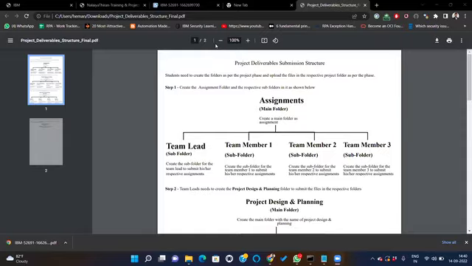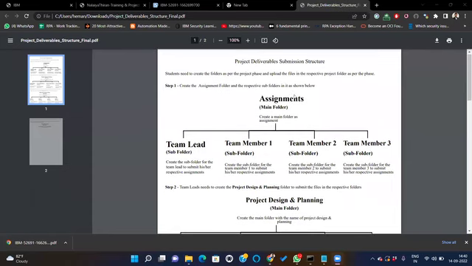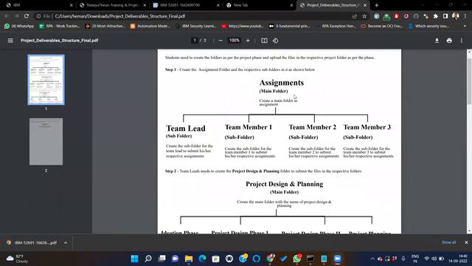Yeah, if you see here, faculties, this same doc has been shared with all the mentors and all the evaluators. In assignments, we have to create an assignments main folder in your GitHub, and there are team leader folder, team member 1, member 2, member 3. These are subfolders of the team. If your team has 5 people, then team member 4 gets added.